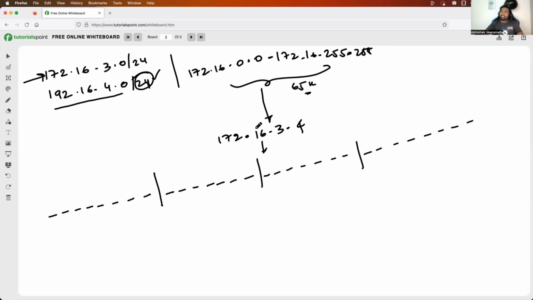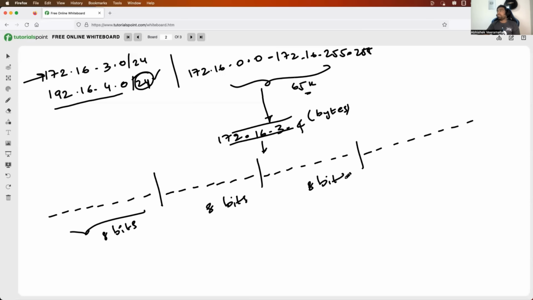So I am representing this particular IP address, and you can pick up any IP address, in the IPv4 byte standard, where for each byte I have written the bits. So overall, here there are 8 bits, here 8 bits, here 8 bits, and here 8 bits. If you combine all of these, what is the output? 32 bits. And as I have mentioned, each of these can represent only between 0 to